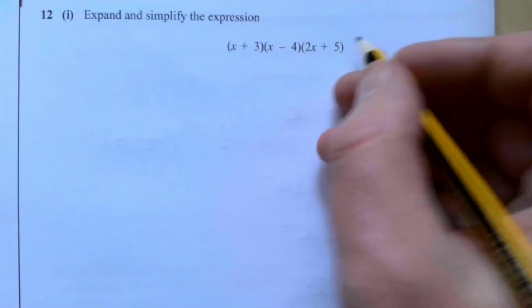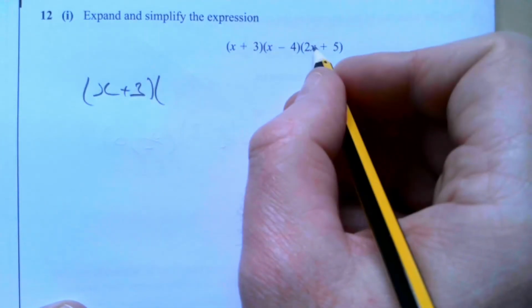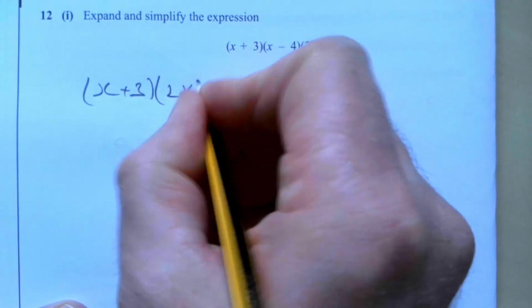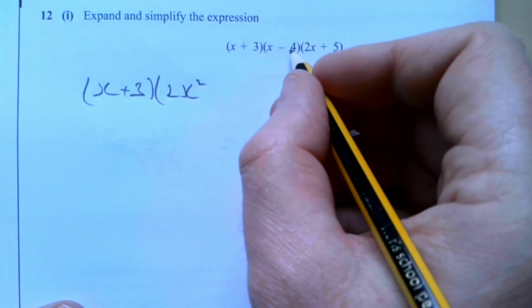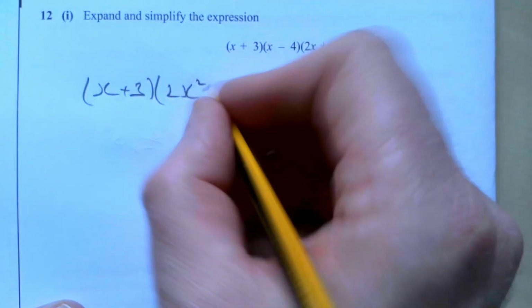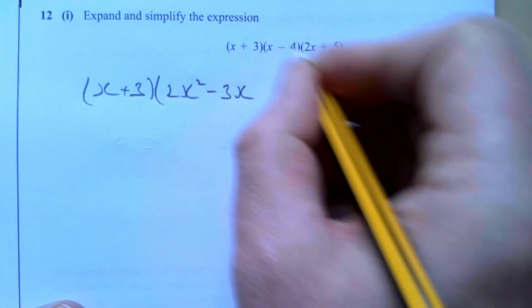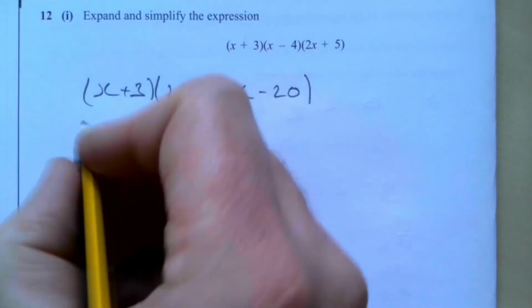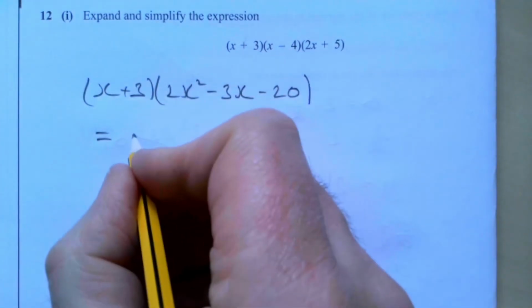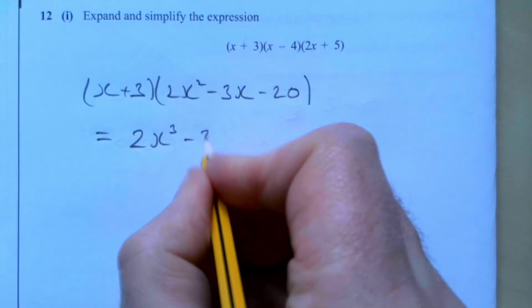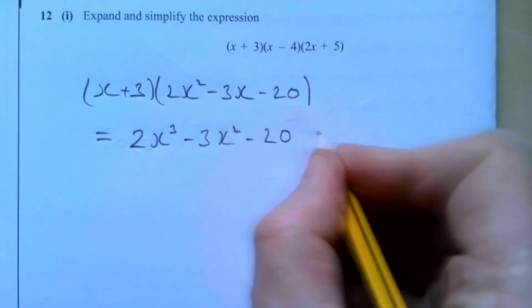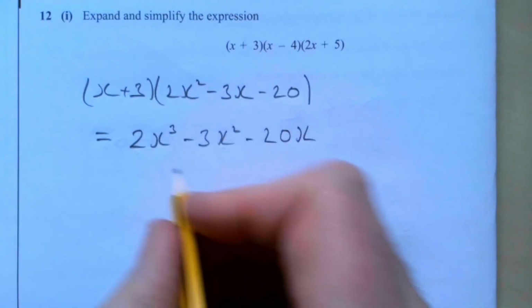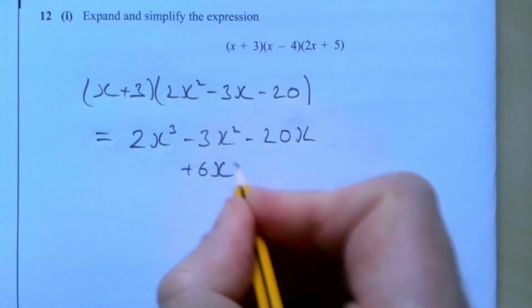Question 12 then, expand and simplify the following expression. So I would tend to do x plus 3 and then do FOIL for this bit here. So x times 2x gives me 2x squared. The outer and the inner are going to be 5x minus 8x, so it's minus 3x, and then minus 20. I then want to multiply all of this by x and all of this by 3. Multiplying it all by x gives me 2x cubed minus 3x squared minus 20x. Multiplying it all by 3 is plus 6x squared